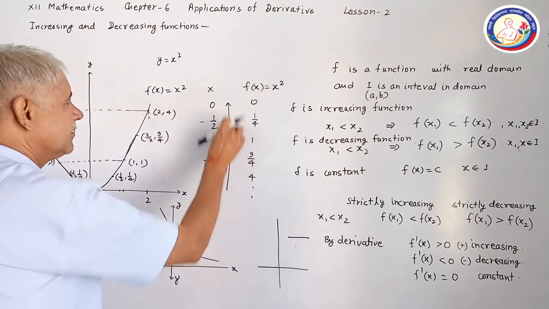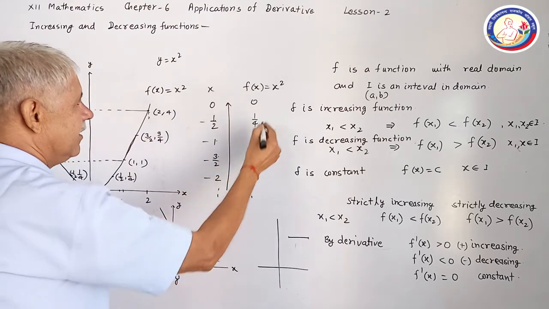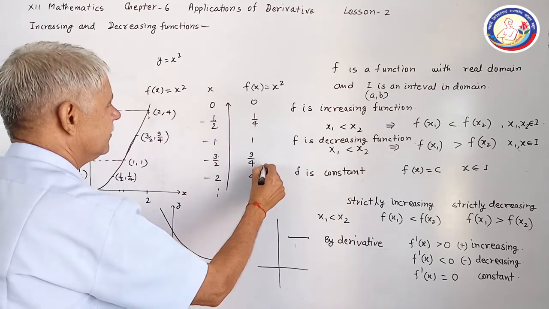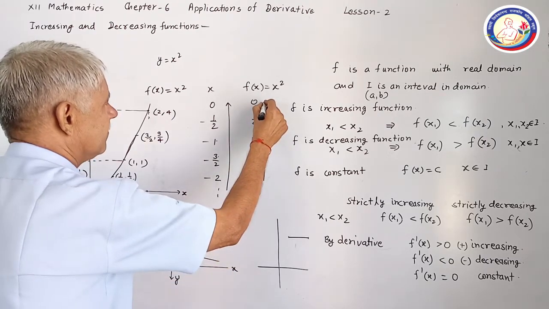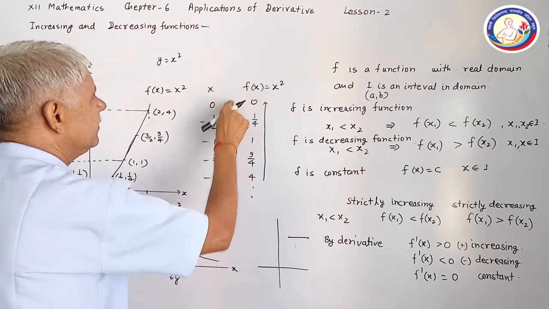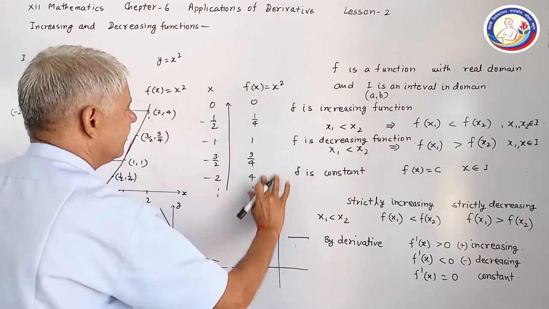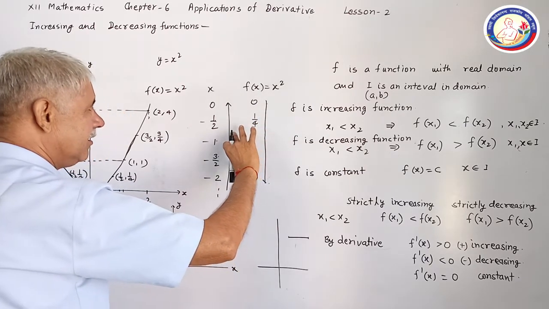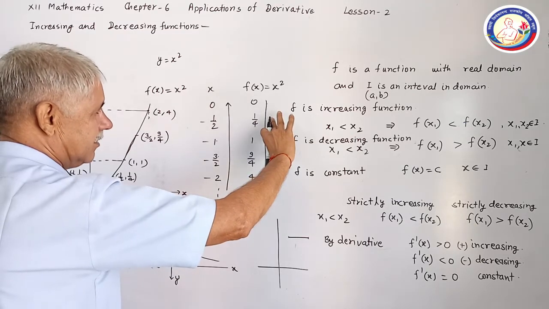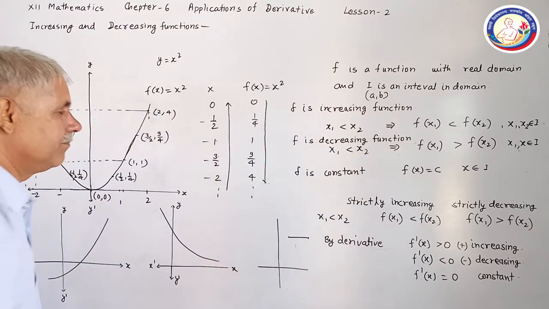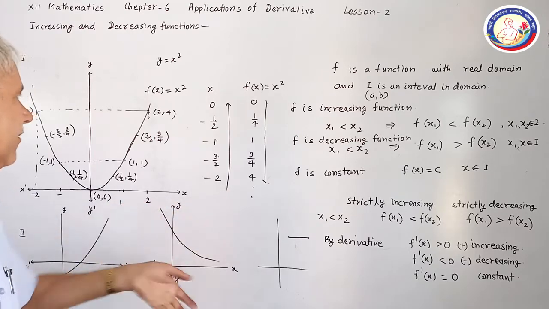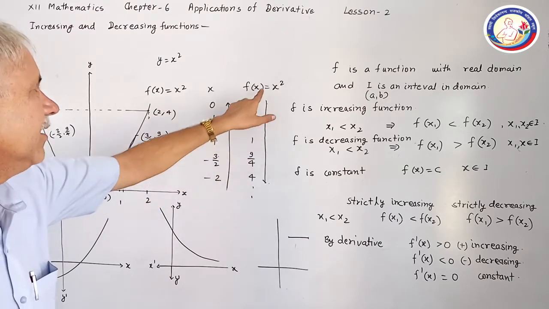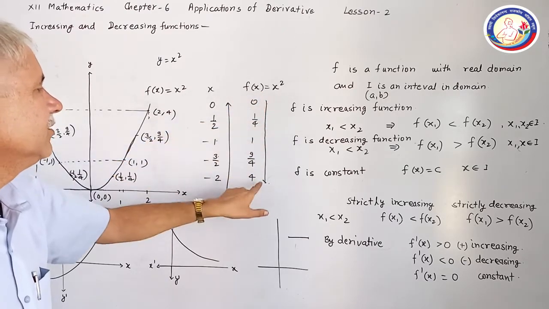So if we move towards this side of value of x, then we see that the value of function is decreasing in this way. This is a decreasing value, this is an increasing value, and this is a decreasing value. We can say right here, the value of x is increasing, then the value of function is decreasing. And for the previous condition in this part, both were increasing simultaneously.